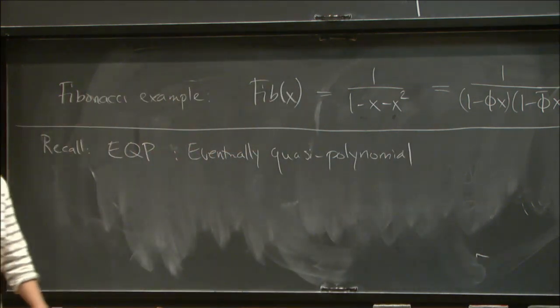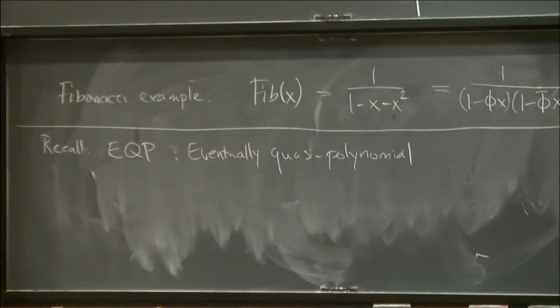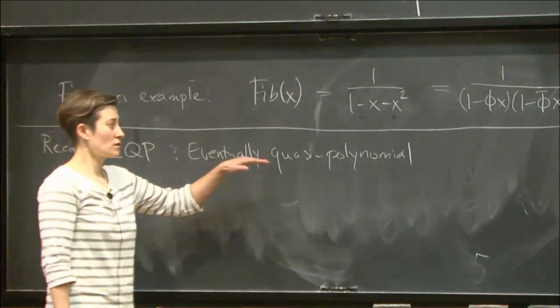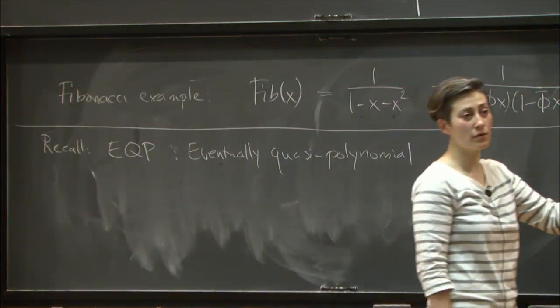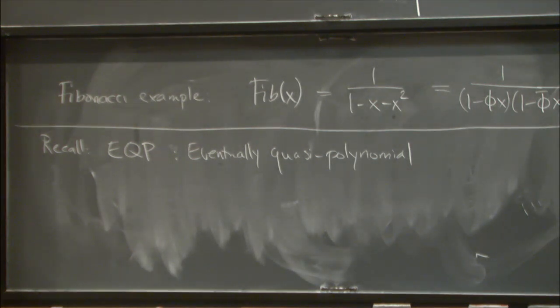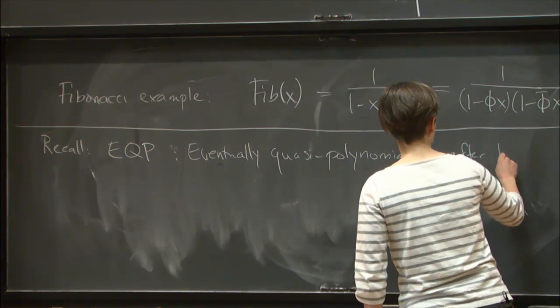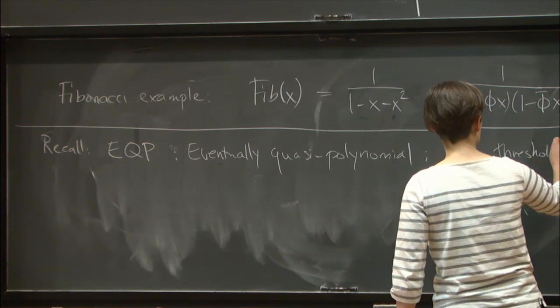Okay, so just let me say it out loud. I don't want to write down the definition again, but the idea was that after some threshold time, the sequence will cycle through periodically polynomials, outputting values of the appropriate one in the sequence. Okay, so I'll just say after threshold time,